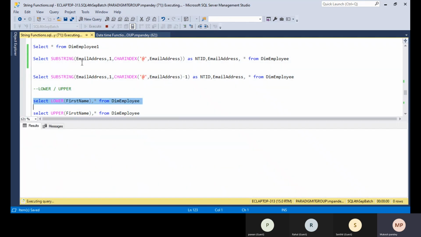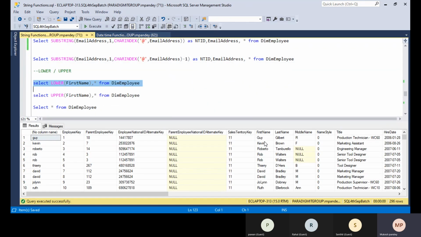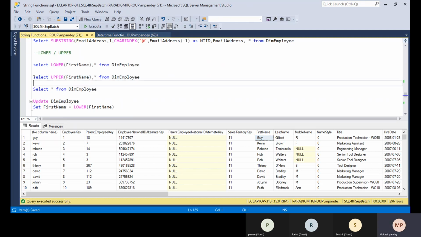For example, I have the first name, the first letter is a capital G. If you want to convert all the letters into capital or all into small, you can use lower case or upper case. So if you use the upper here, all of this will be converted to upper letters. Now you can see all this converted into the upper letter.